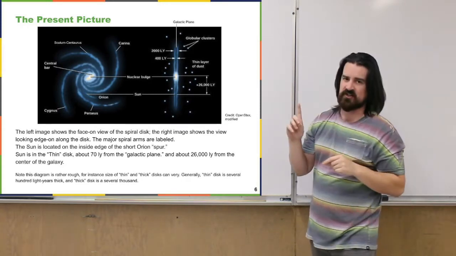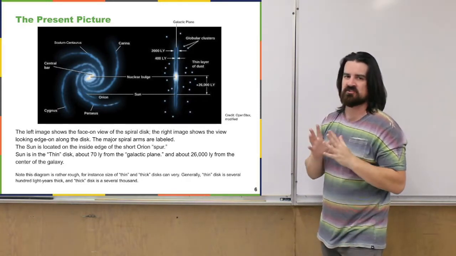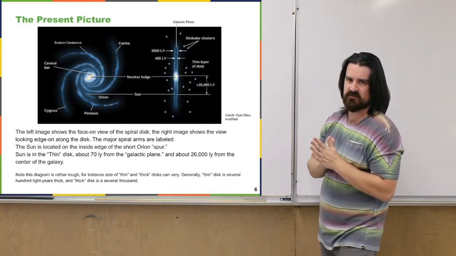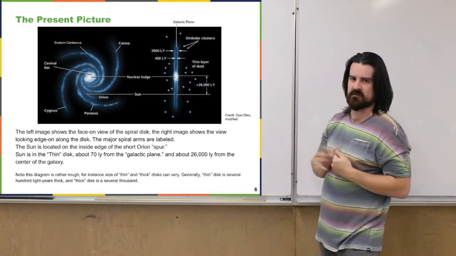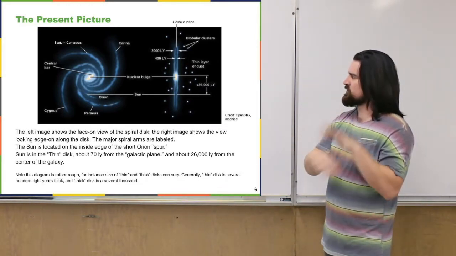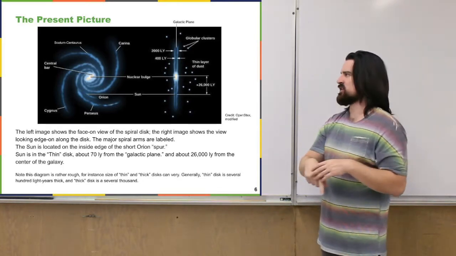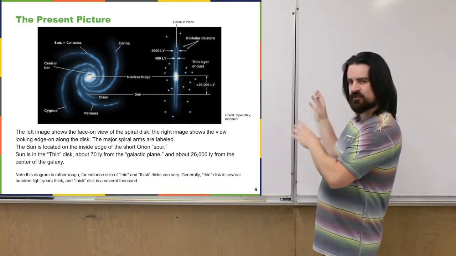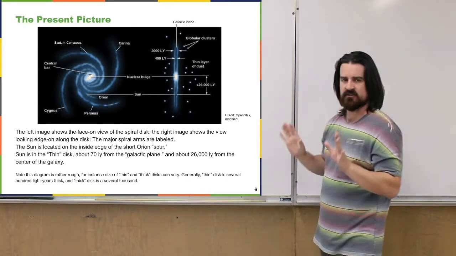And that, I should point out, is just the stuff that actually emits electromagnetic radiation. It emits light of some kind. We'll see a couple times throughout this lecture that there seems to be a lot of other stuff there that doesn't emit any kind of light.